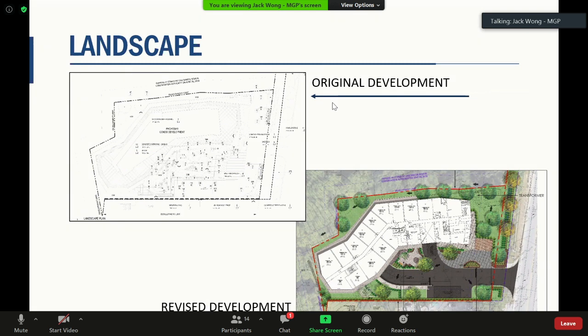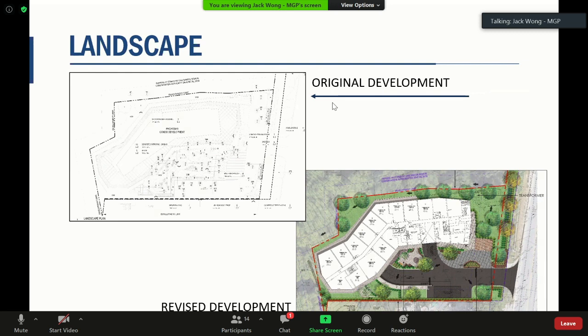A lot of these trees planted within and near the buffer area are existing trees that are currently on the property. Through our tree inventory and preservation report, we are proposing to retain and protect those trees, and they will be integrated as part of our replanting along the buffer along the northern edge, the southern edge, as well as the western edge of the proposed development.